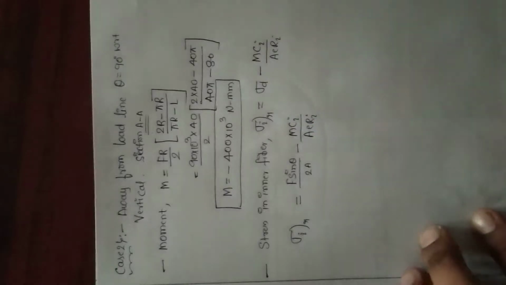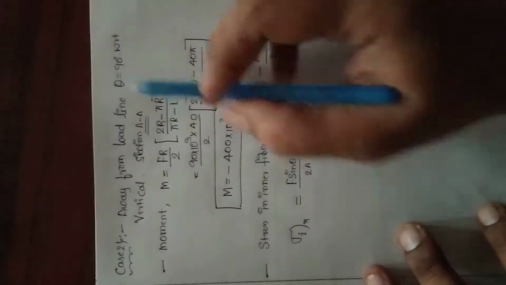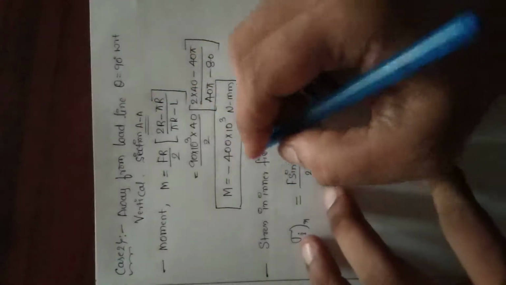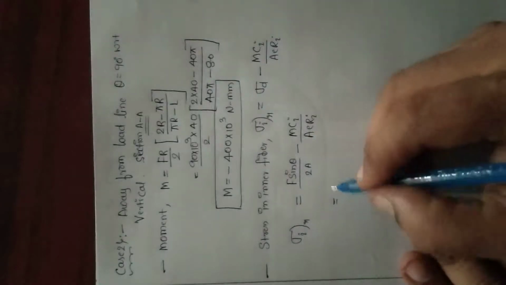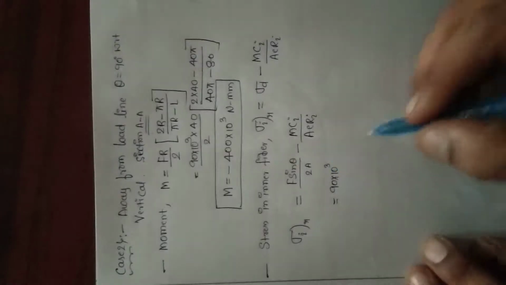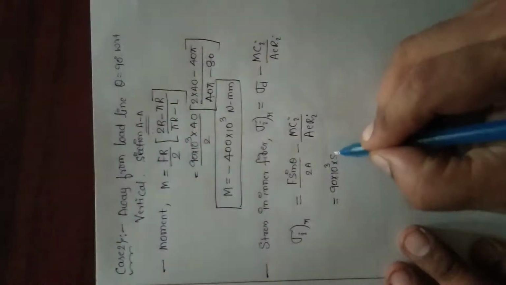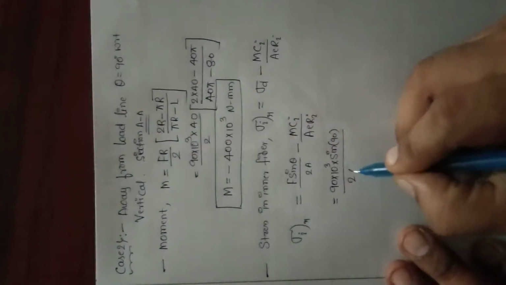Fine. Okay. So now I'll substitute all the values. This value doesn't become 0. Why? Because theta is 90 degrees. When theta equals 90, the value will vary there. So I'll fill in all the notations. The load is 90 kilo newton into sin 90, whole divided by 2 into area,